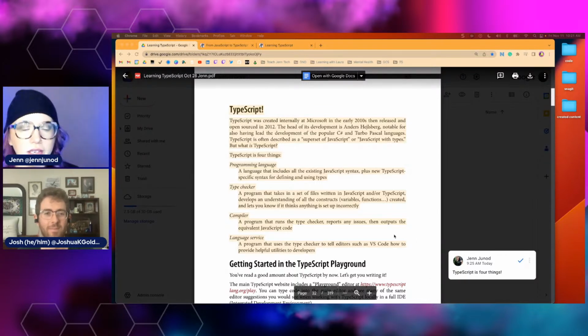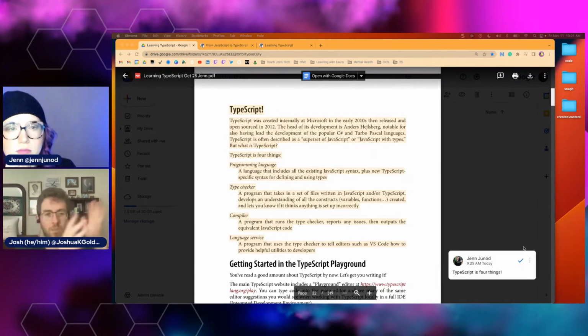And then a compiler, which I'm not looking at the definitions. They're on my other screen, so that's why I'm looking over here. A compiler is where I always get mixed up, and I don't know why, but it compiles all of the content and then spits it back out as JavaScript. Yes. I personally like knowing where words come from, because I remember things visually and I remember things when they're stories.